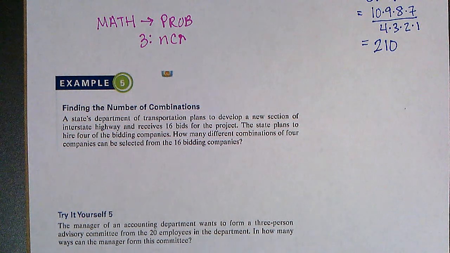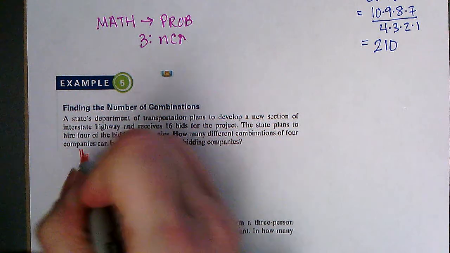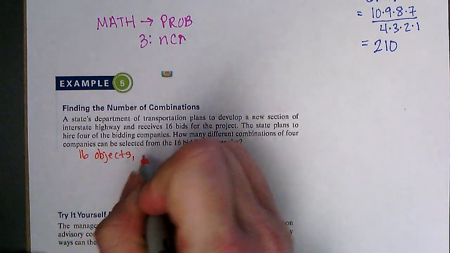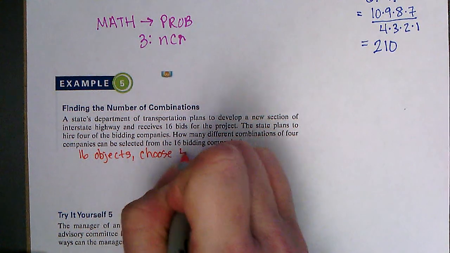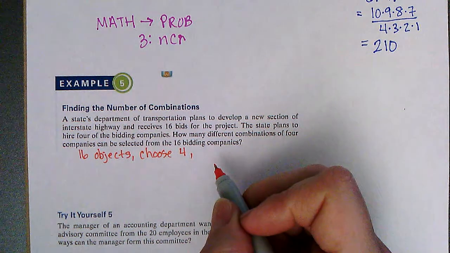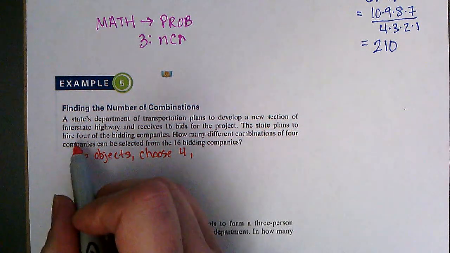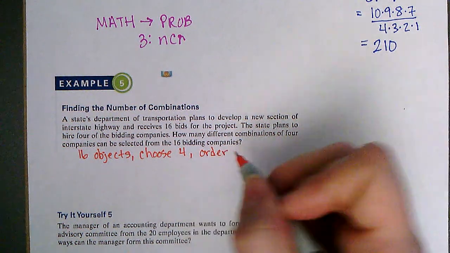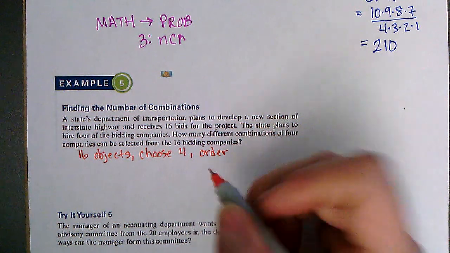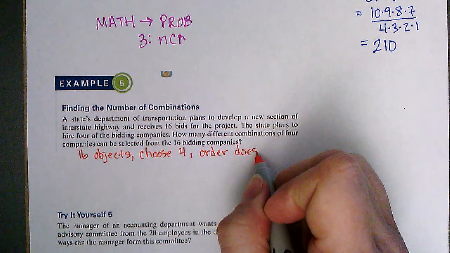Finding the number of combinations. So, a state's Department of Transportation plans to develop a new section of interstate highway and receives 16 bids for the project. The state plans to hire 4 of the bidding companies. How many different combinations of 4 companies can be selected from the 16 bidding companies? So we have 16 objects, which are the companies. We're going to choose 4 of them. And in this case, we need to know, does order matter? Well, they're hiring 4 of them, and it doesn't say any one of them is going to get anything better than anyone else. So we would say order does not matter,